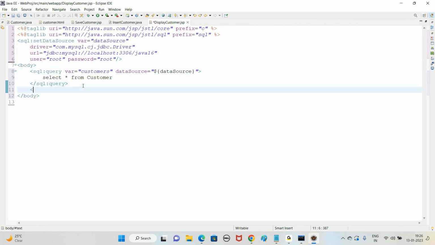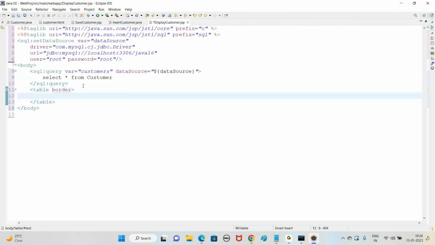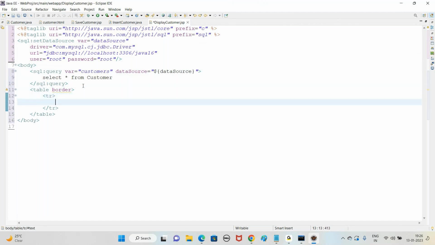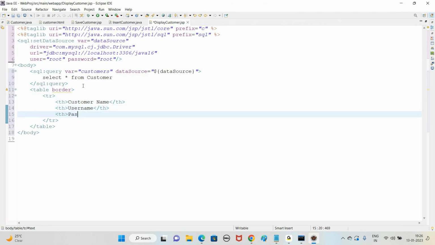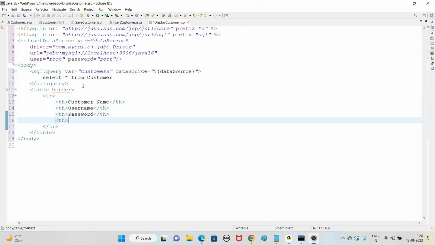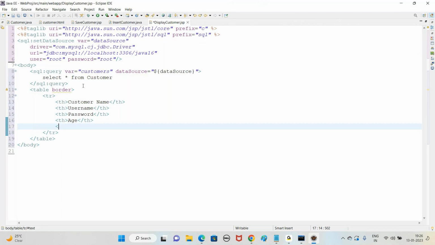So to create a table border, create a table row. In the first row, we'll display the headings. Table heading: customer name, username, password, age, and email. Now traverse this customers variable. How to traverse? Using the forEach loop, c:forEach,